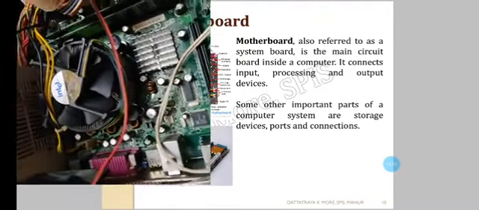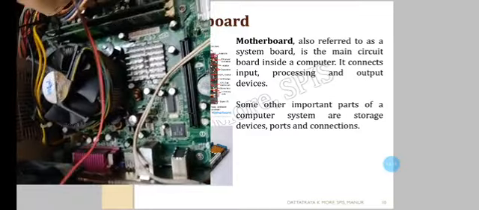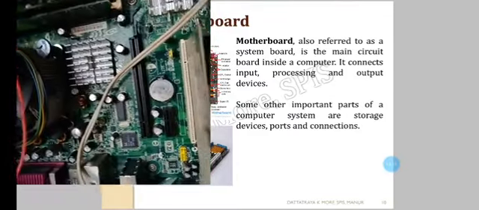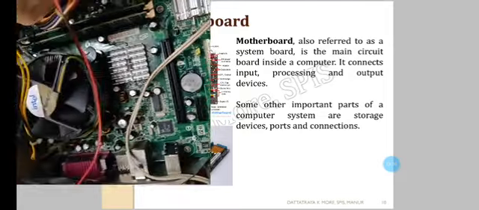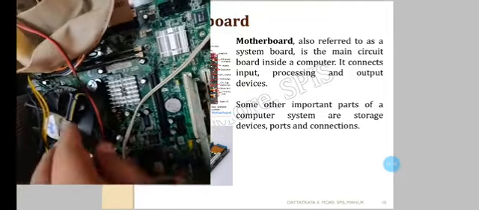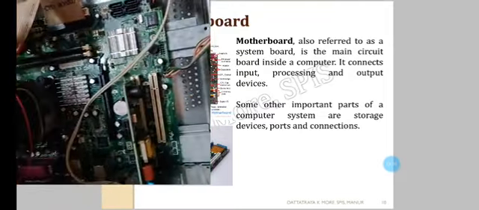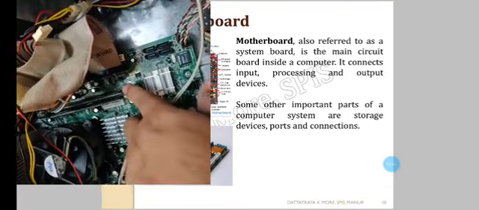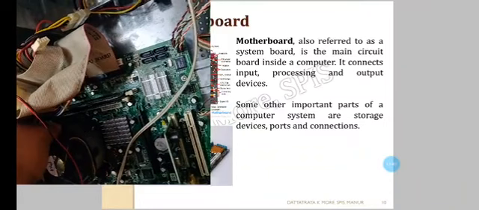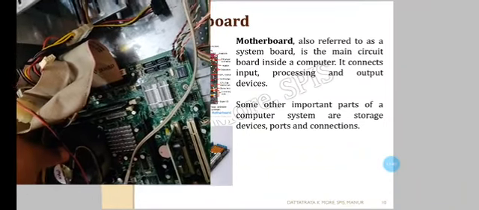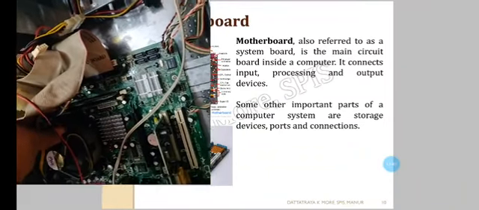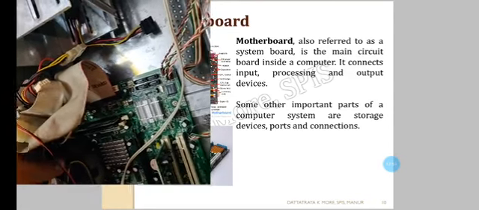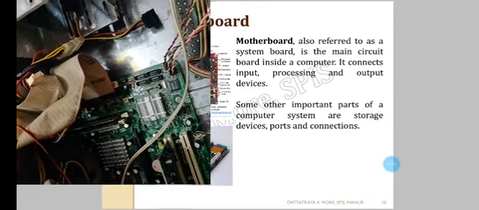Now I will show some more parts. Some chips are there on that motherboard, and even some slots. Here is one more important part. This is called RAM, which is fit in the slot called a RAM slot. I will just open it up for you.